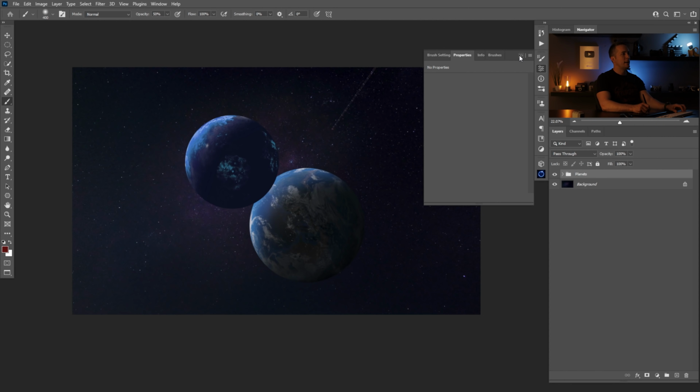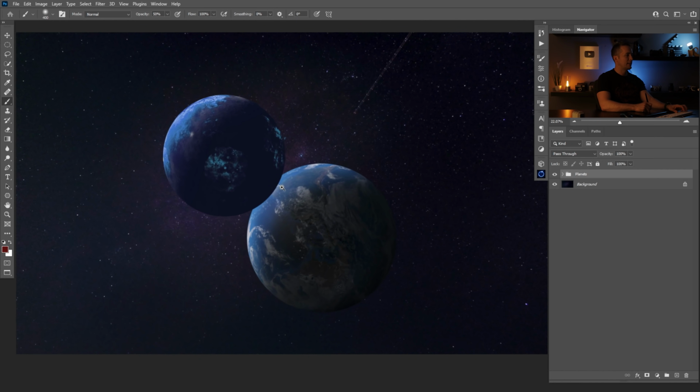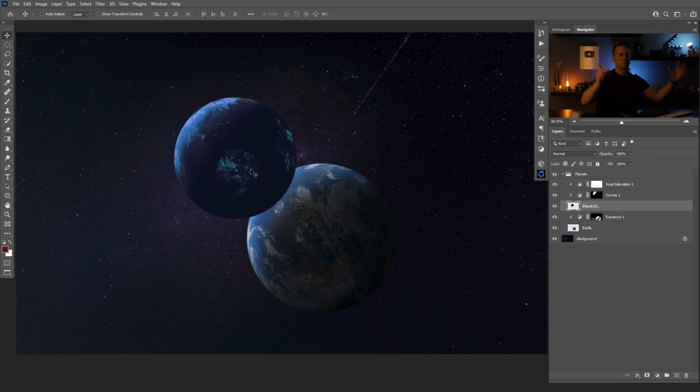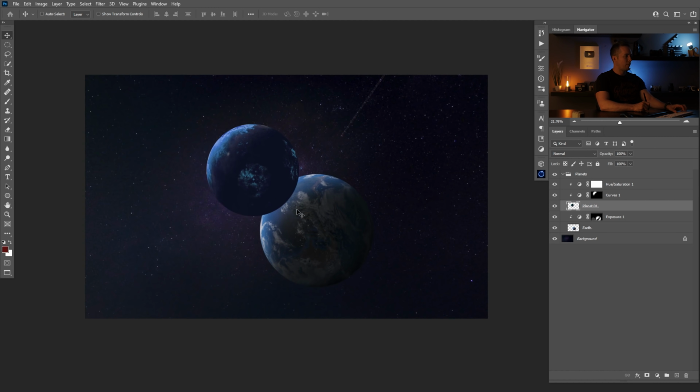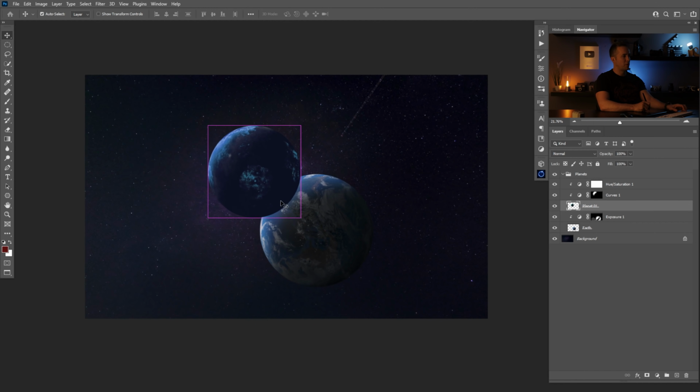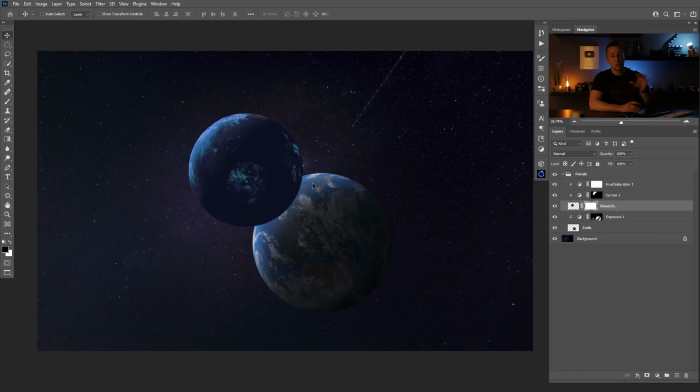And now we need to create some kind of effect that these two planets are colliding with each other. So they're crashing. This one is crashing into the Earth. And it will be like an explosion, everything crazy. So let's see how far this planet will go into the Earth. So somewhere here would probably be nice. Then I will create a layer mask. And in this project, I will use a lot